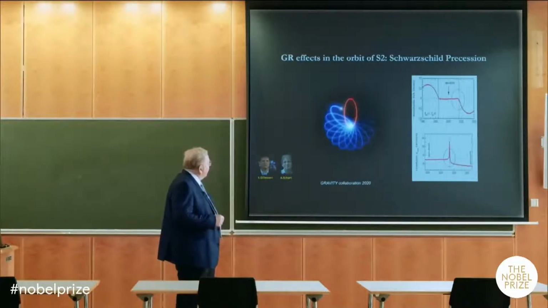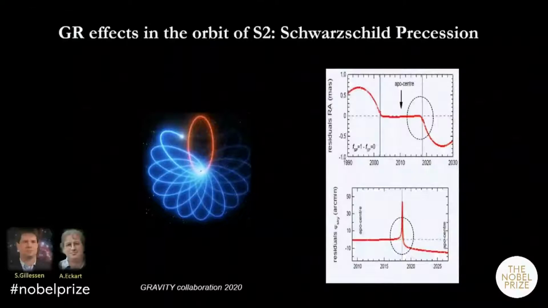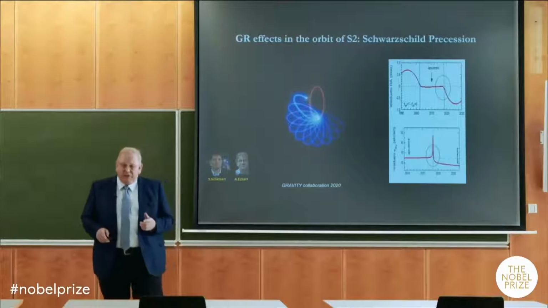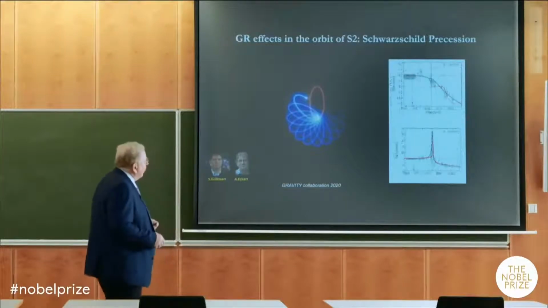and setting an angle equals to 0 up here at Apo, near Peri, this precession is maximum. You see basically in x-coordinate here is a kink. Or in angle, it's a change by about 11, 12 arc minutes per orbital period. So that's the prediction, and that's what we saw with GRAVITY.